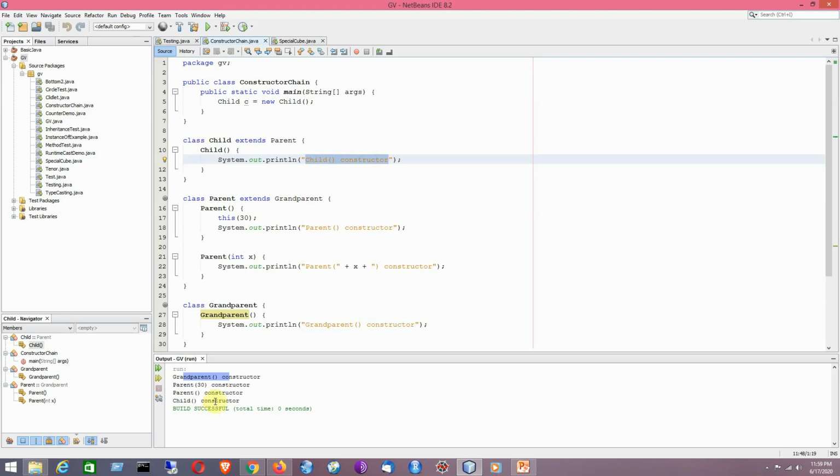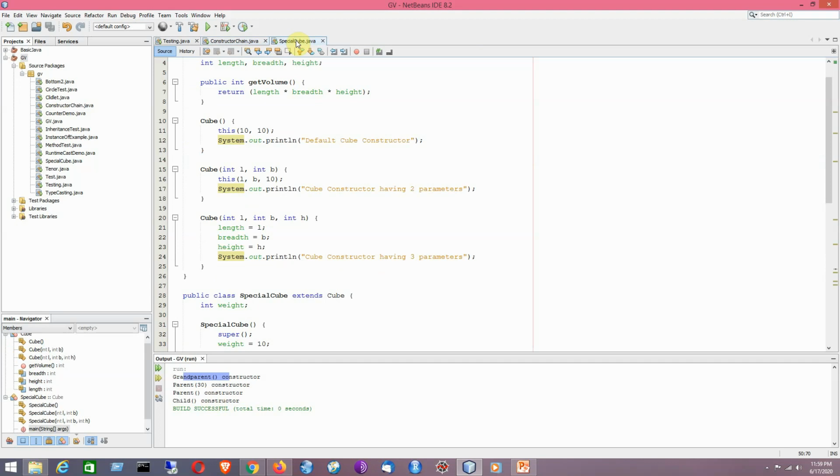So that is the basic thing to be remembered for implementing the concept of constructor chaining. Here we have done this by using the this call to a particular constructor in the same class. So now I'll be moving to a more complicated example that will have this and super both.